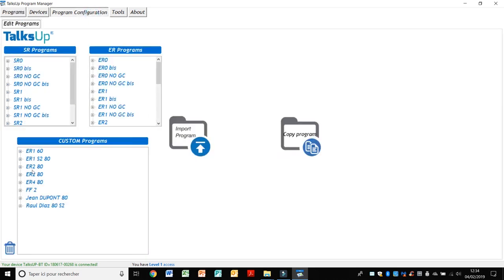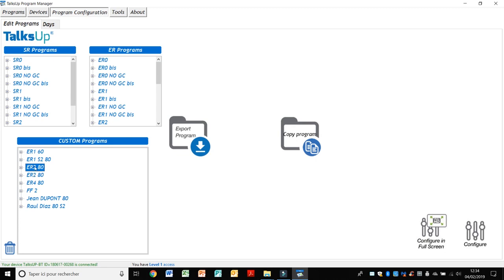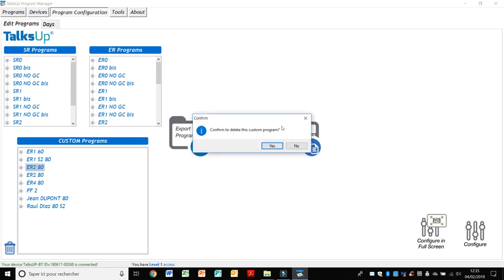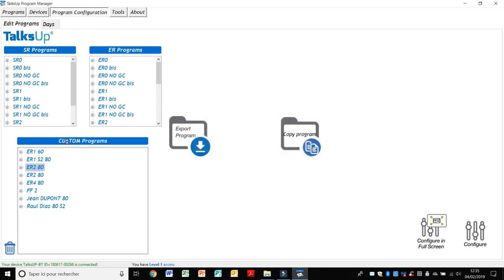Here in program configuration, you can also, you see I have the same programs. I can erase one of them, delete one of them. Okay, so I don't need all of this. So like that, you can put some order in your program manager. Then we have,